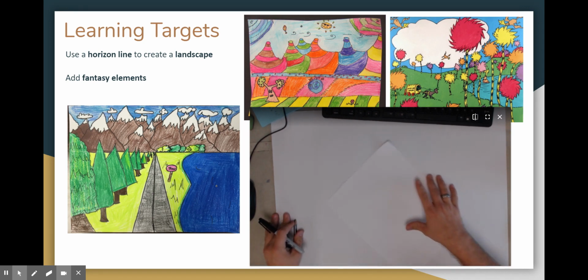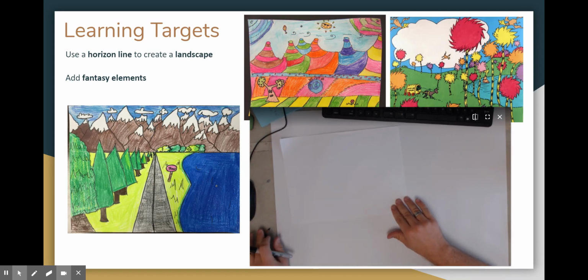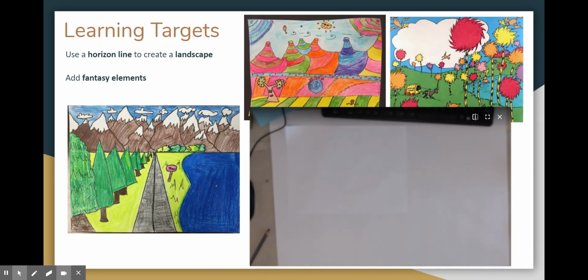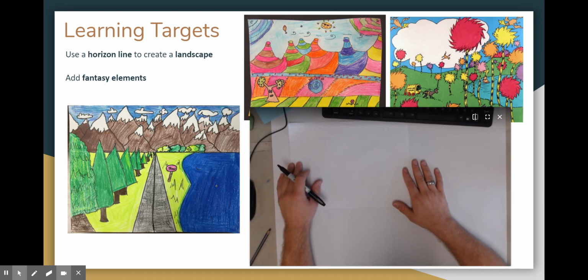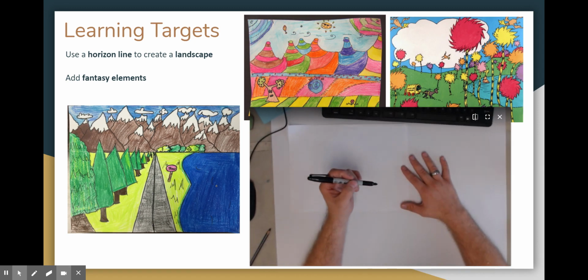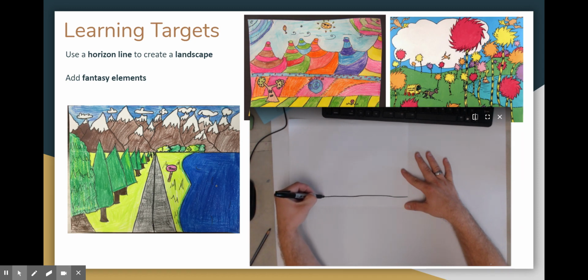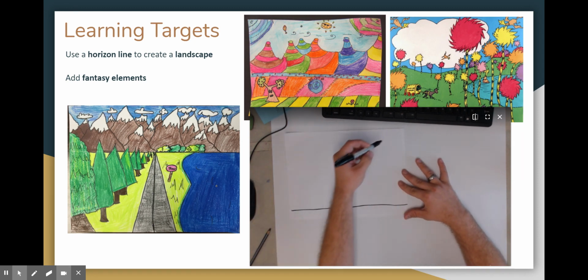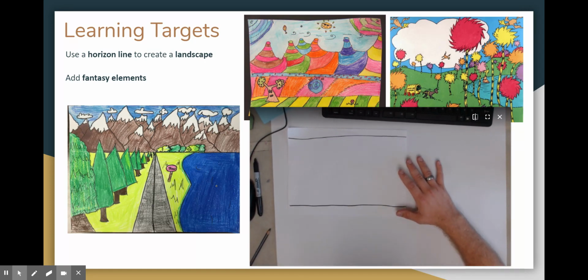On this paper, I'm going to show you what we're not doing, okay? This paper is going to represent the picture that you learned how to draw in kindergarten, all right? Which is really cute, but we're going to unlearn it today. So in the kindergarten picture, the grass is here, and the sky is here, right? In the kindergarten picture,